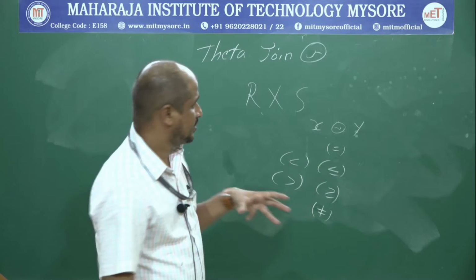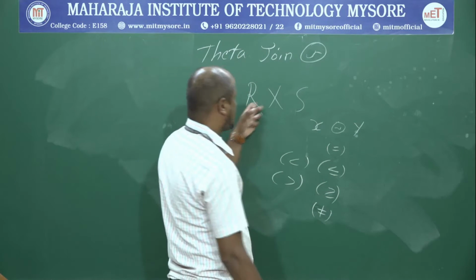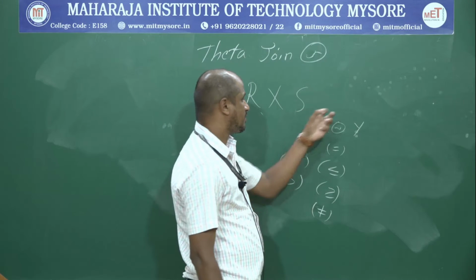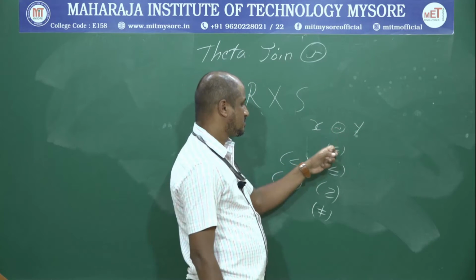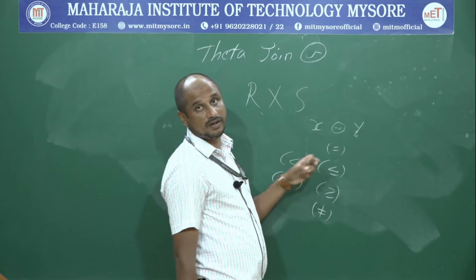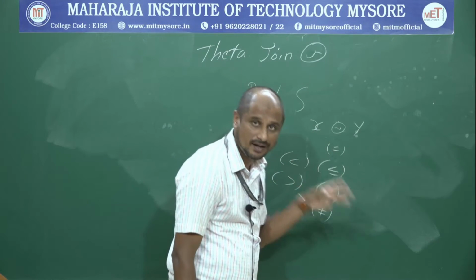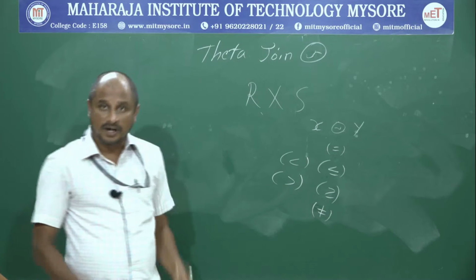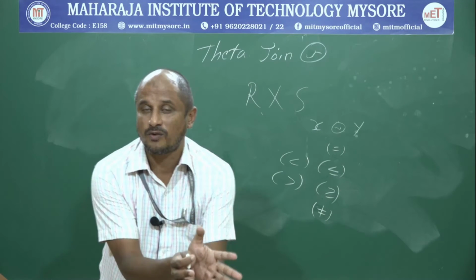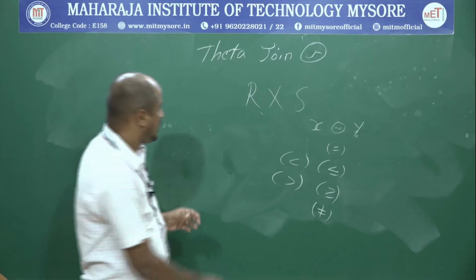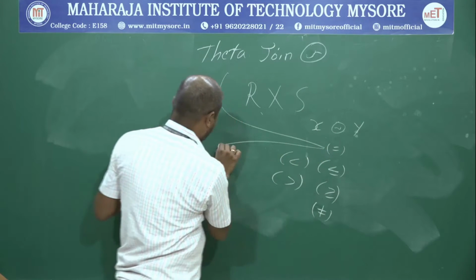So this is how theta join works. R is a relation, S is a relation, X is an attribute of R, and Y is an attribute of S. The theta may be equal, greater than or equal, less than or equal, not equal, only greater than, or only less than. But when theta join is equal, it's called